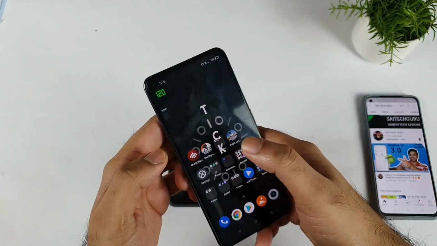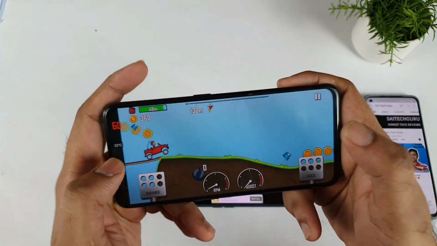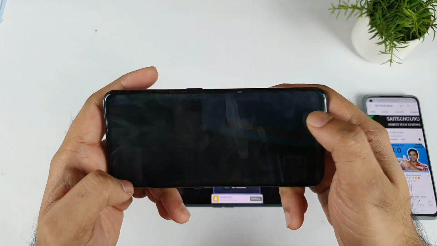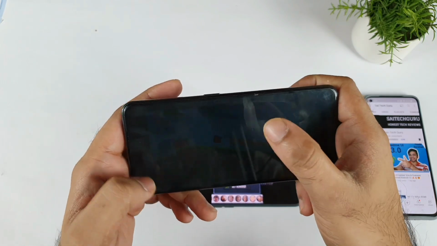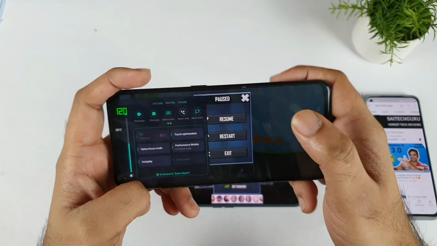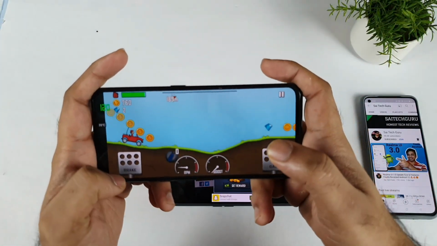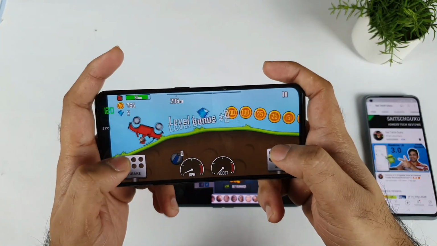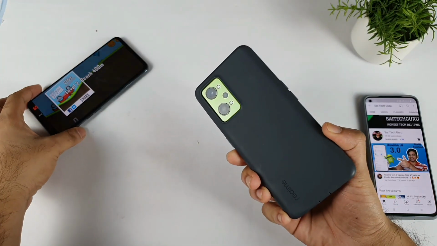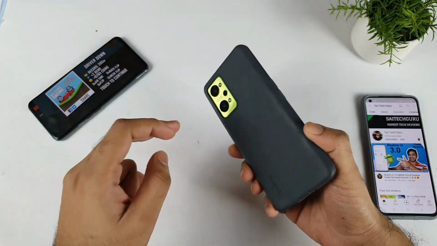If you don't use the brightness trick, the game doesn't get 120. It's going back to 60. Every time you get 60, you need to decrease the brightness, go to the multitasking, open the game again and then increase the brightness. Whatever high refresh rate game you are trying to use, you need to do the same process to get this kind of high refresh rate support. I'm not sure when they will be able to fix this, but you can still play at full brightness on that phone. But in the Realme GT Neo 2, you cannot play with full brightness. This is what I mentioned. There is a condition, and this is the one small problem.